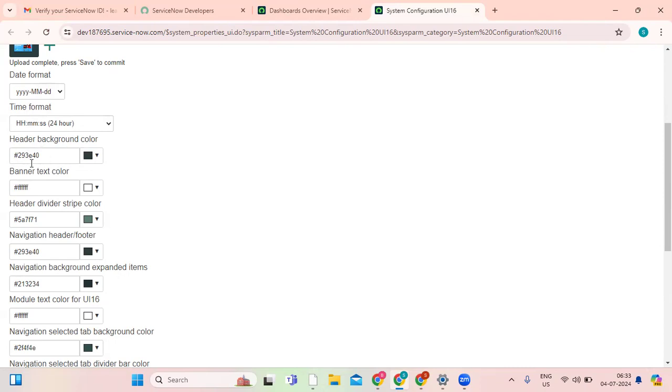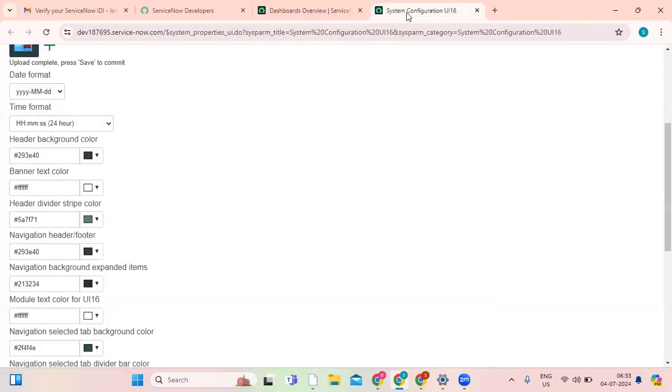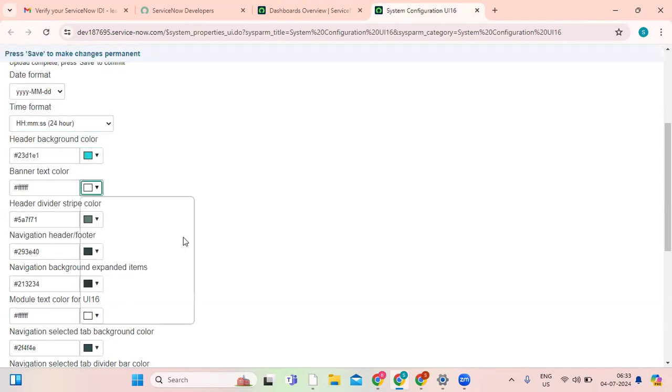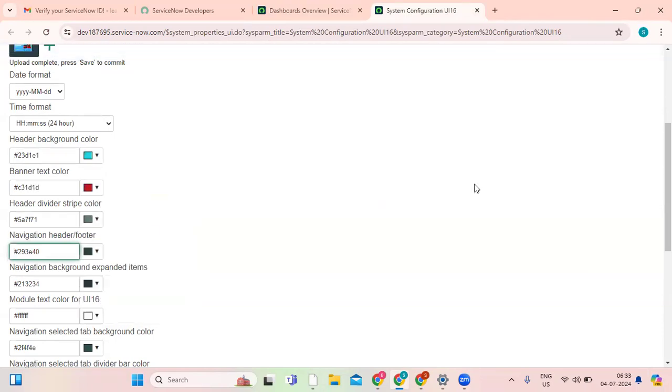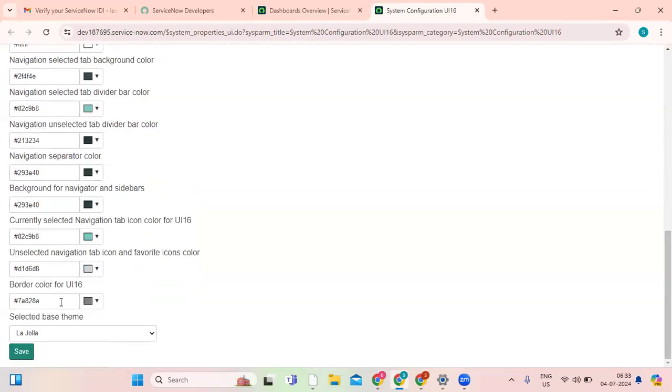And header background color, banner text color, this background color, this text color, if you want to change those, you can change them. The color information will be here. You can randomly select anything for testing and see. So like that. These are all just configuration things. And if I save it,